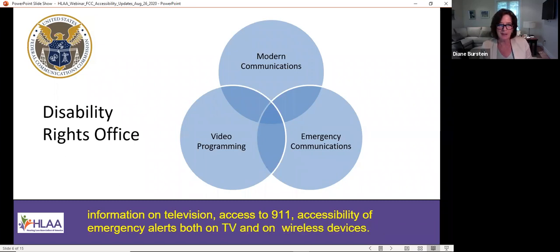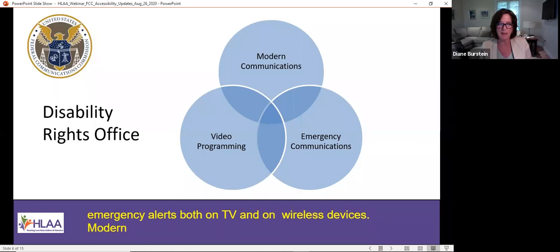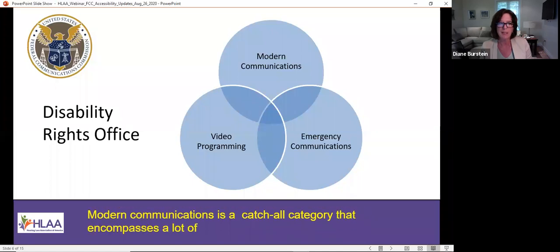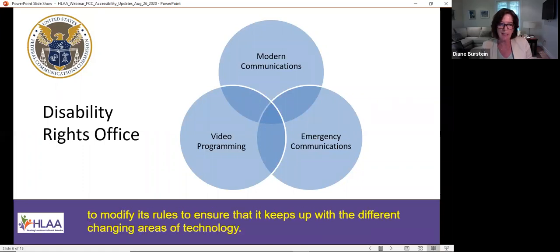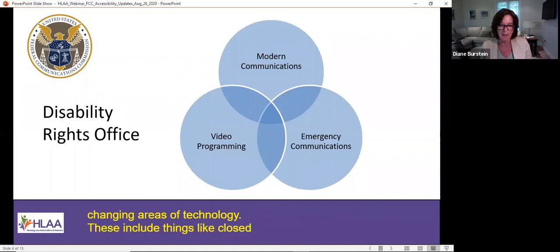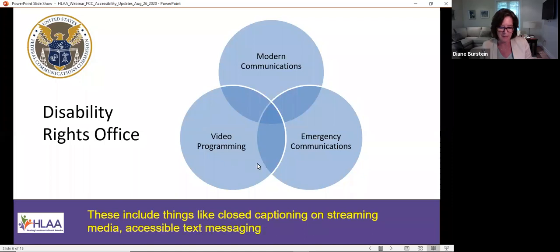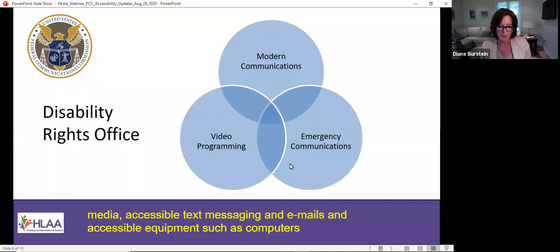Modern communications is a kind of catch-all category that encompasses a lot of different areas where DRO continues to modify its rules to ensure that it keeps up with the changing areas of technology. These include things like closed captioning on streaming media, accessible text messaging and emails, and accessible equipment such as computers, tablets, mobile phones.